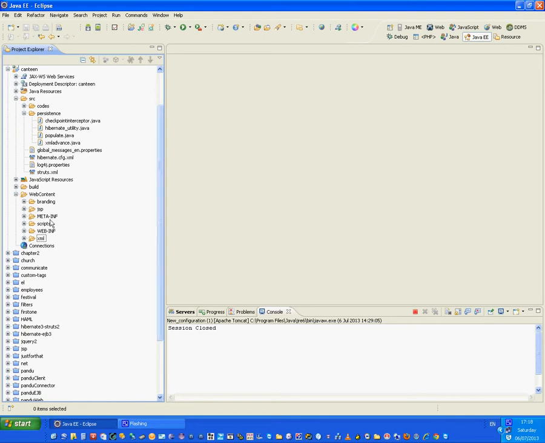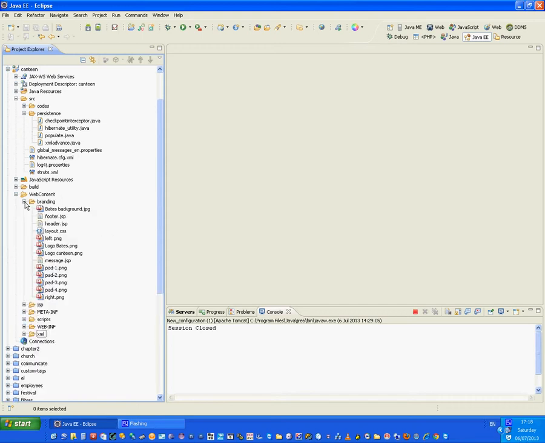Then I'm using scripts for my jQuery Ajax and the jQuery plugins. That folder contains my decoration part, the layout for my application, just like this.